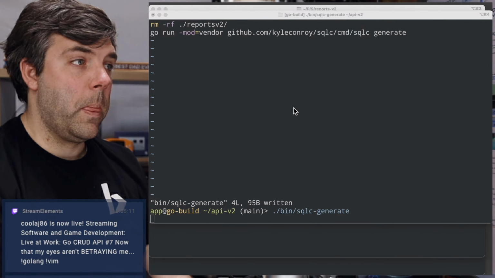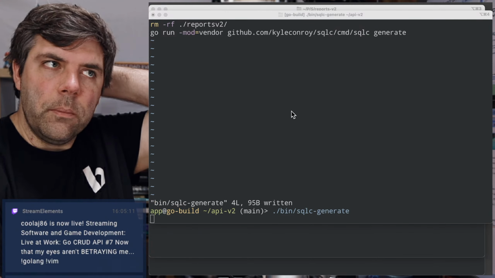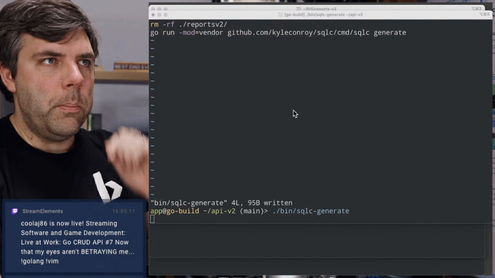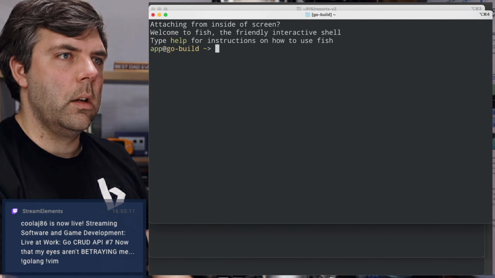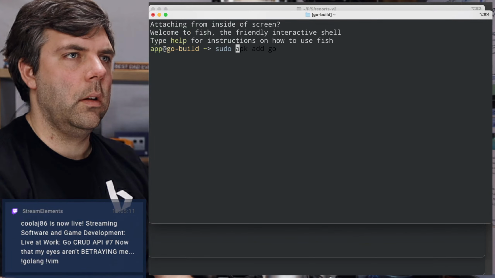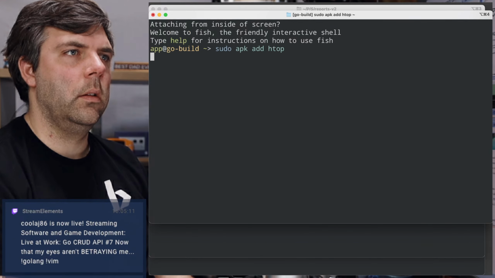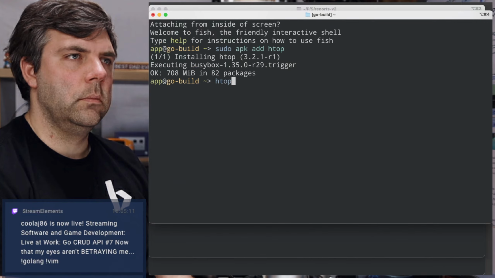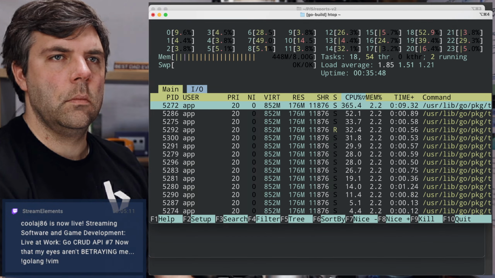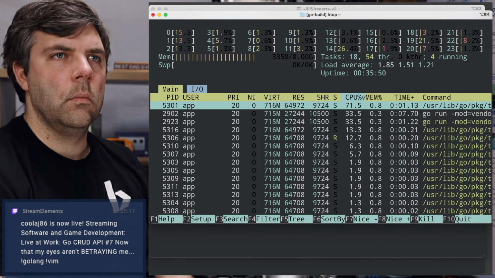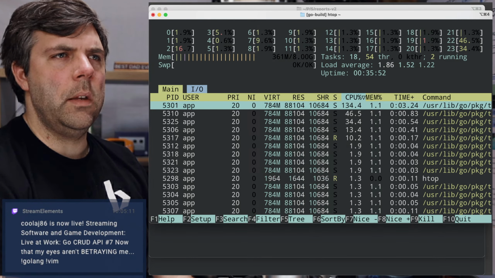Come on. All right, I was expecting this to be a little bit faster, because this should be pegging CPUs pretty hard. Let me click over here on this. It's basically doing nothing.